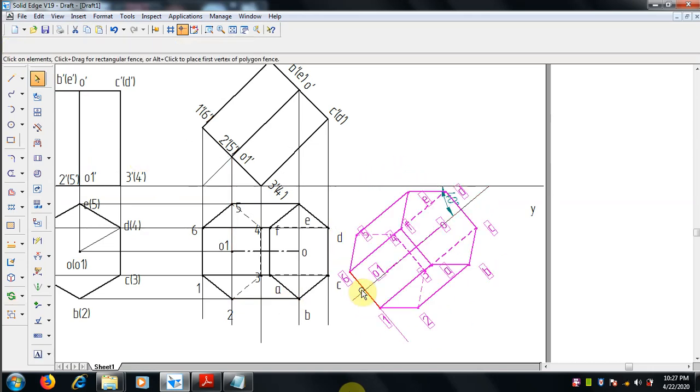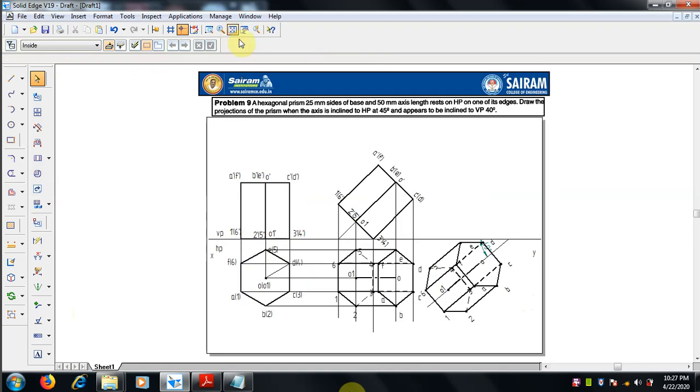Okay, now it is rotated, and it is kept in the line. Then by extend we have to draw the front view. Unwanted thing is there, right? This view is over now.